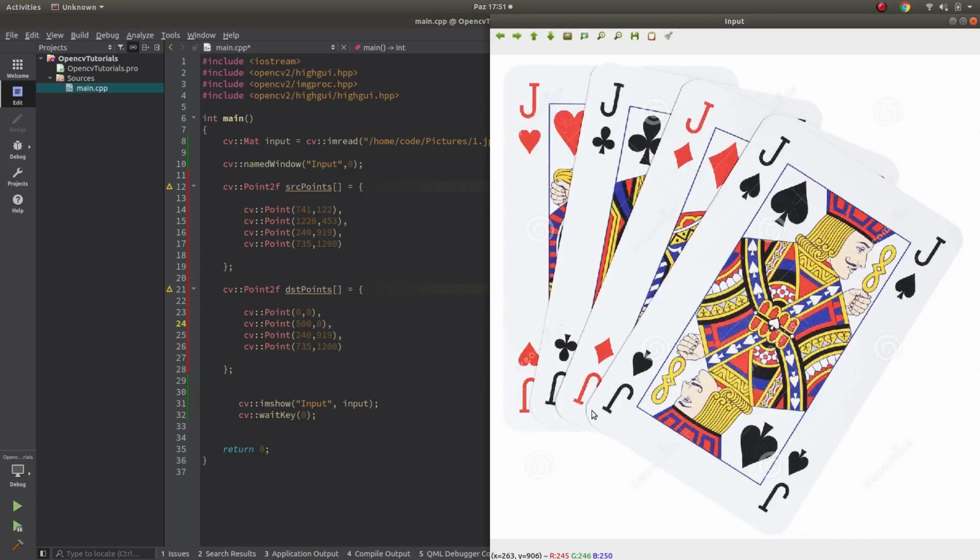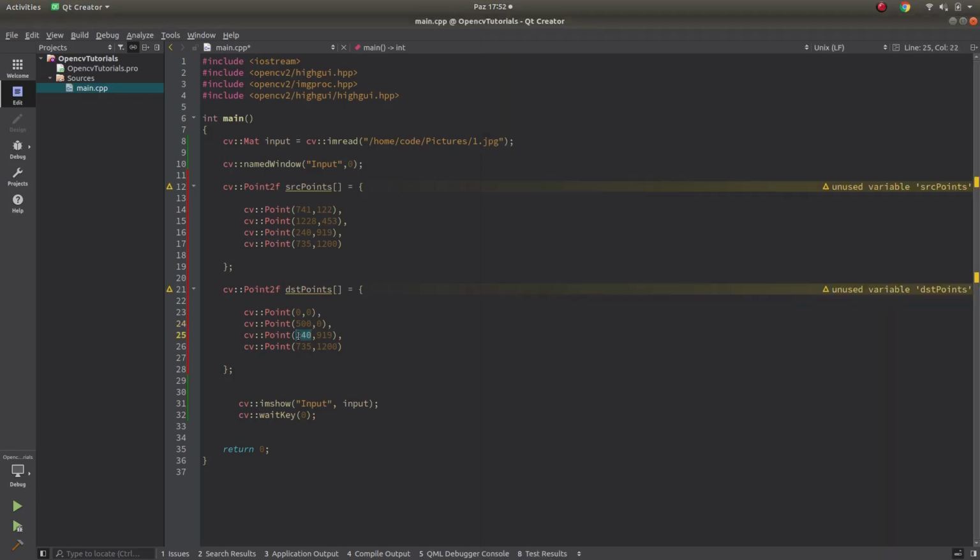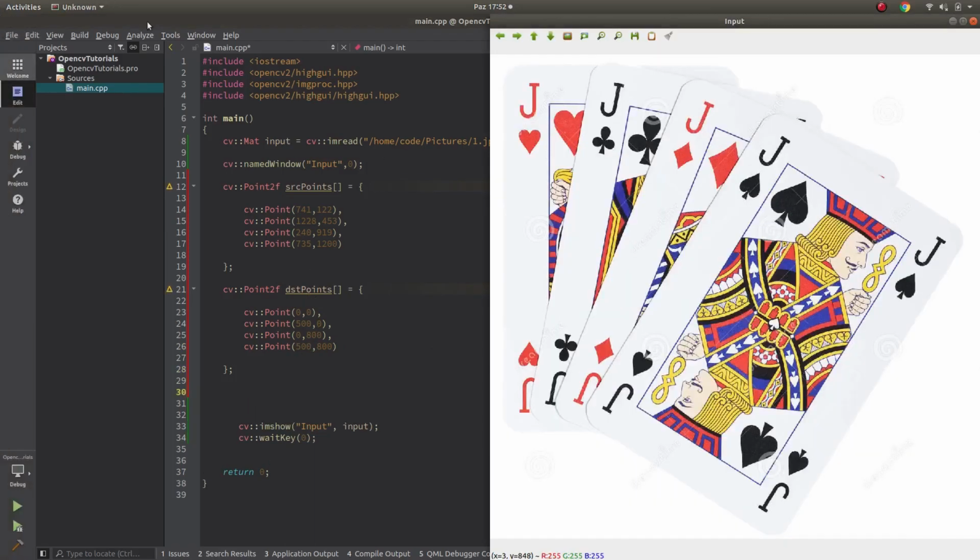The height is a little longer than the width, so let's say 800. So 0 to 800, and lastly here 500, 800, and done. The array of Point2f is done.